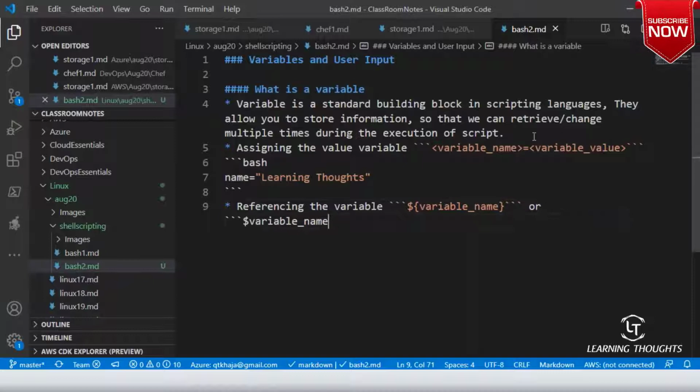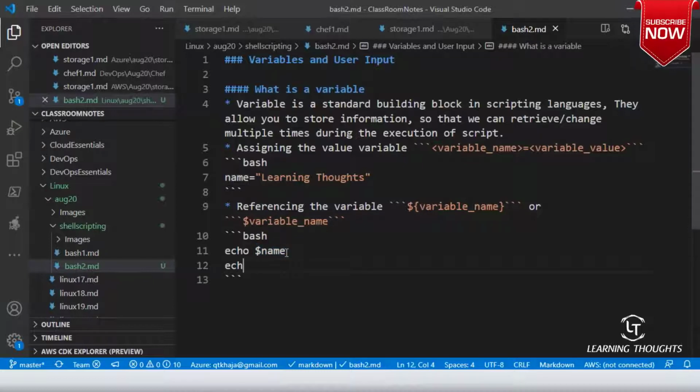There is nothing wrong with either syntax; these are two different ways of doing it. To print this value, I can say echo dollar name. The echo statement will print the value, and dollar means get me the value of the variable called name. Am I clear on this, sir?